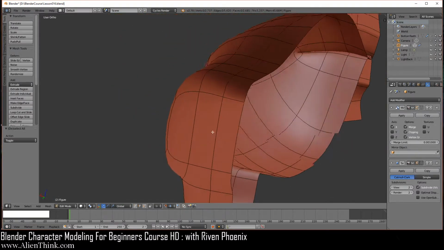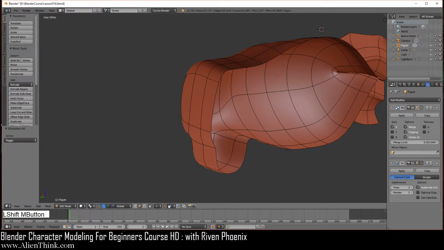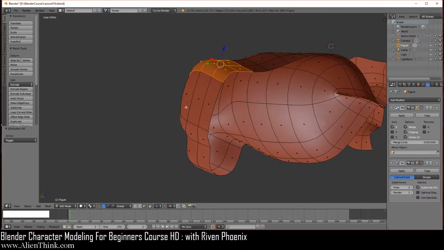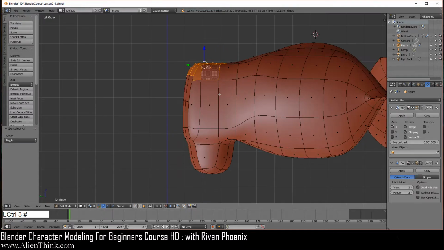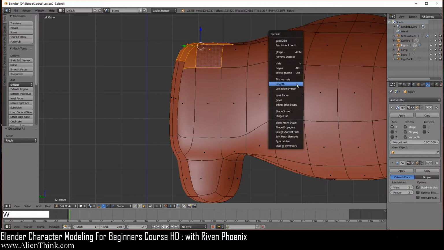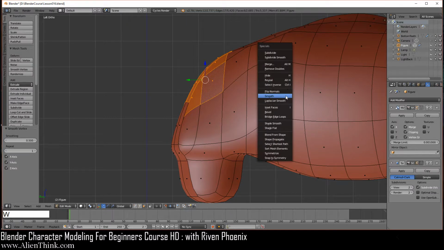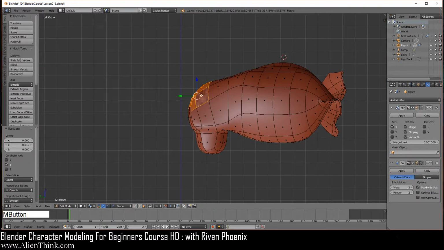Okay, now that we have this, what we want to do is go ahead and click on the face select mode, click on this face, shift key down this, and this one over here. Okay, now what we want to do is actually press Control 3 to bring this down. I'm going to do W smooth 1, 2, 3, 4, 5, 6, 7, and then 8. And here I'm just going to take it to the left to open this area for the mouth.